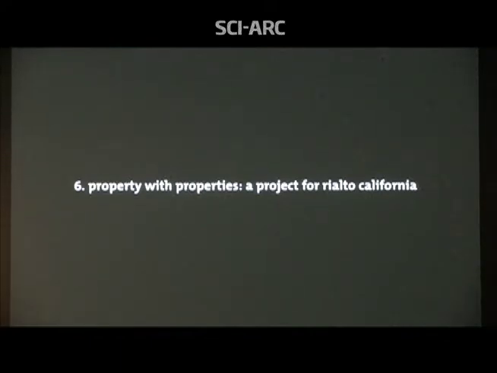So Property is a project for Rialto, California. This is a little while ago. We were fortunate enough to be approached by the Museum of Modern Art to be one of the five firms in the United States to look at a different city, a small suburban city within a large metropolitan area that had undergone some substantial stress during the foreclosure crisis. This was the second in a series of exhibitions that Barry Bergdoll, the head curator, organized,